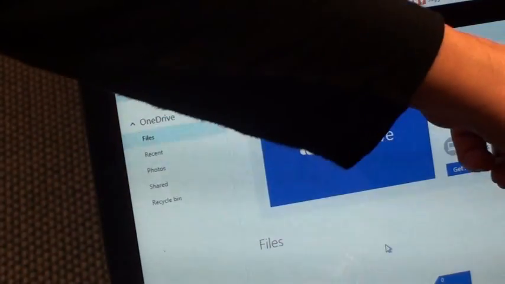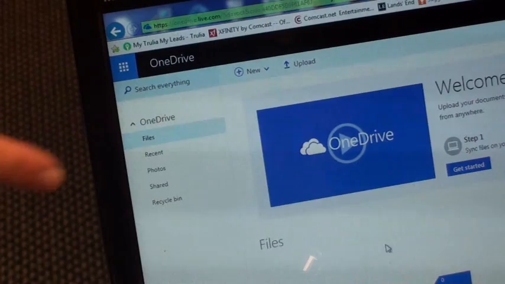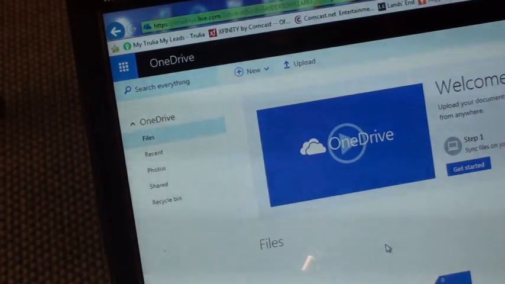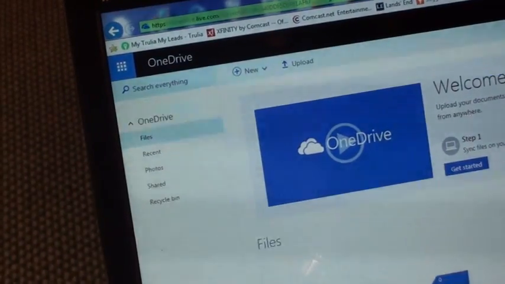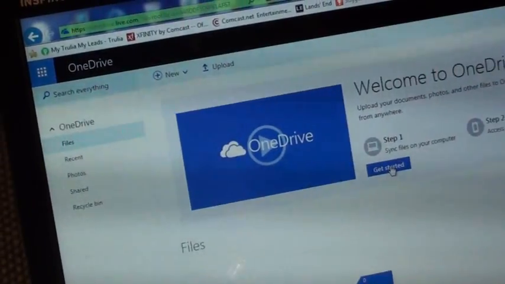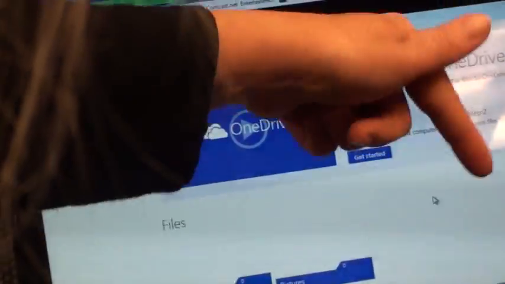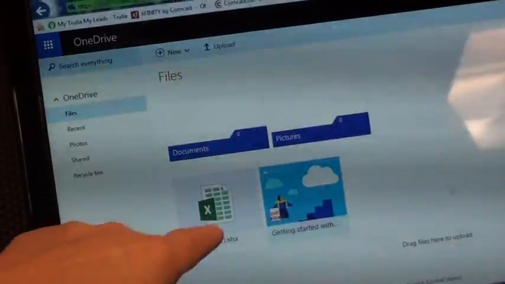Now you'll see it'll be uploading, and it'll take just a moment to come in there. Once it's loaded, click on it and open it up. Click on get started. Come down, because it's probably down here. There it is. Now, your CTE program will always be in the cloud if you use it through OneDrive. So you always want to go to the OneDrive account, and you can use it on any computer anywhere. You can use it on your home desktop computer, laptop, iPad, what have you, as long as you enter everything